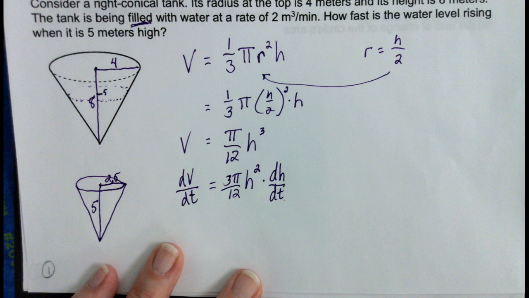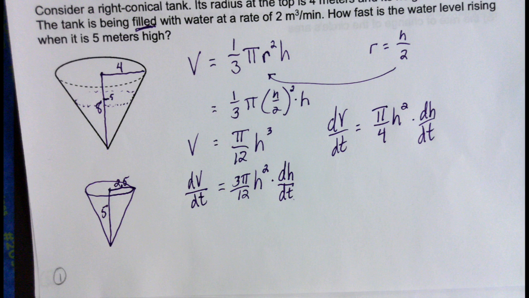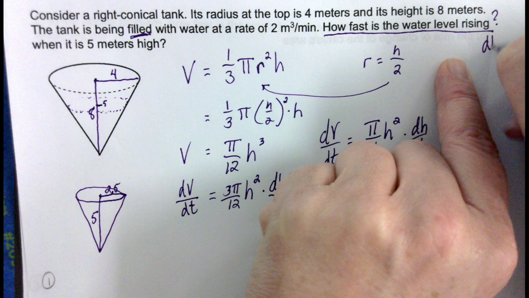I can just leave it as numbers, but actually, I always used to put in my units just to know if I've done the math correctly. So, what is it? Cubic meters per minute, right? Equals pi over 4 times